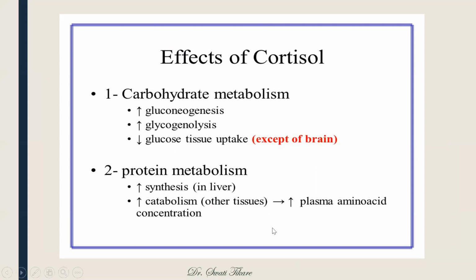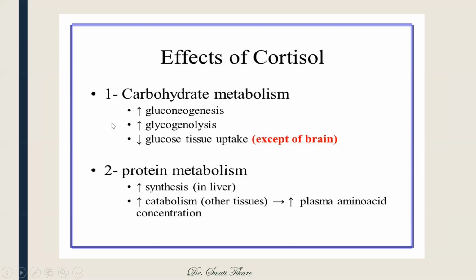How does it do that? The first thing is by increasing gluconeogenesis. Gluconeogenesis is a process where glucose is produced from some other component, not carbohydrate, like amino acids converted into glucose or fats converted into glucose. We call it gluconeogenesis, and this is happening here. The protein will be degraded, the amino acids available are converted into glucose. Then lipids are getting degraded, it is lipolytic, so that is also converted into glucose. So all this adds up to the glucose pool in the plasma.